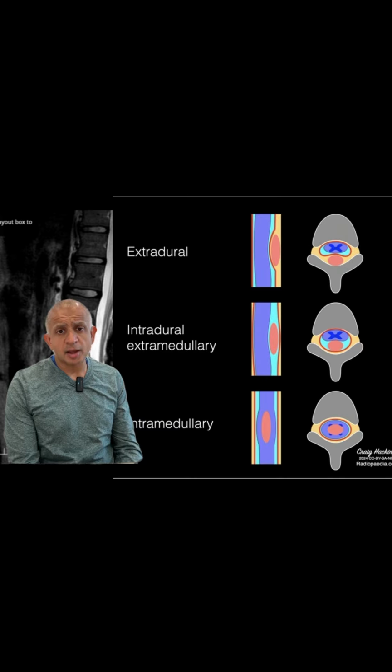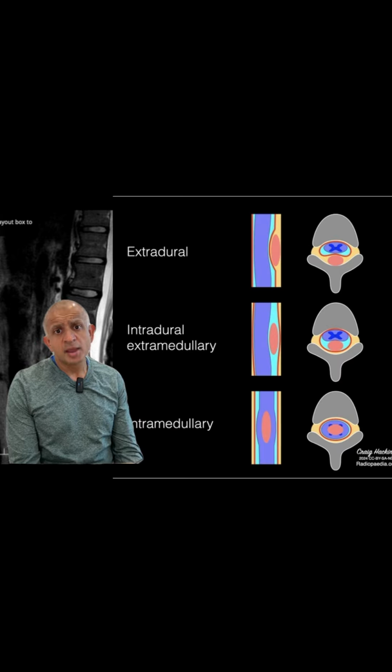The most common type of extradural extramedullary tumors, those are tumors that are located outside of the dura, are drop metastases. Obviously, these are pretty rare in a 21-year-old who's otherwise healthy. Otherwise, you have tumors that are within the dura itself, or what are called intradural tumors. And these can be classified as intradural intramedullary, which are tumors that are located within the spinal cord themselves, or intradural extramedullary, which are tumors such as meningiomas and schwannomas that arise from the covering of the spinal cord and